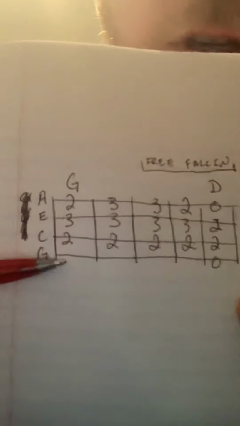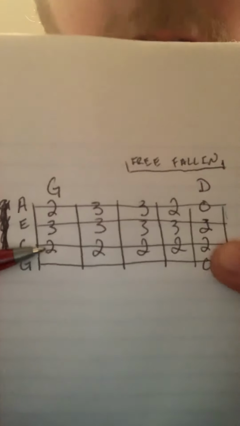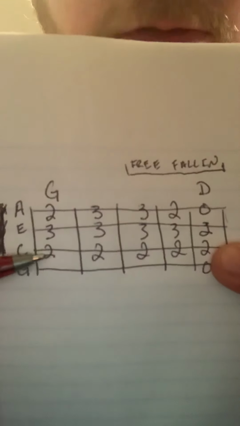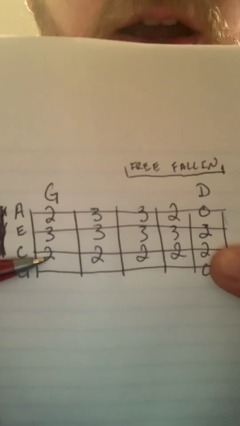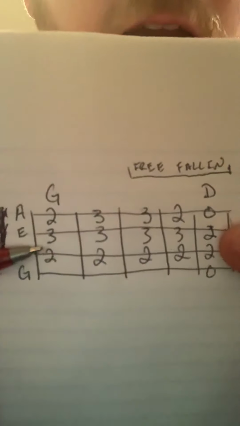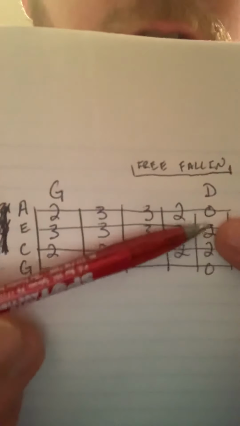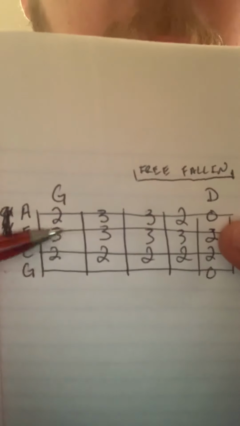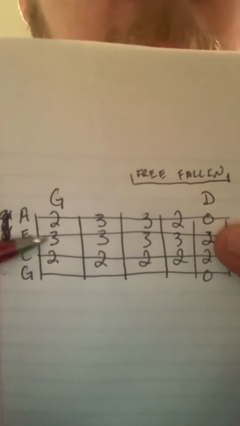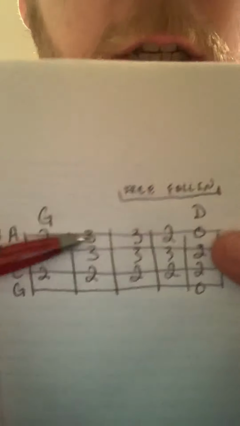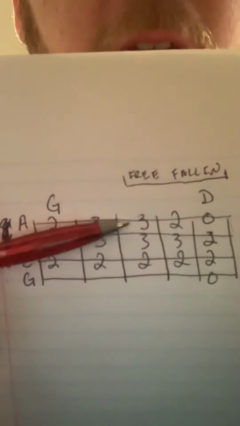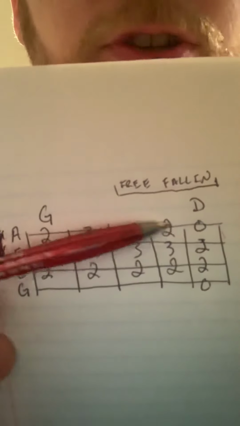So our foundation here on the C string, we're always going to keep one finger on the 2nd fret of the C string. And until this very last chord here, the D, you're going to keep your ring finger on the 3rd fret of the E string. It's your middle finger on the 2nd fret and then pinky on the high A string there that's going to change. So Chase, if you look at that,